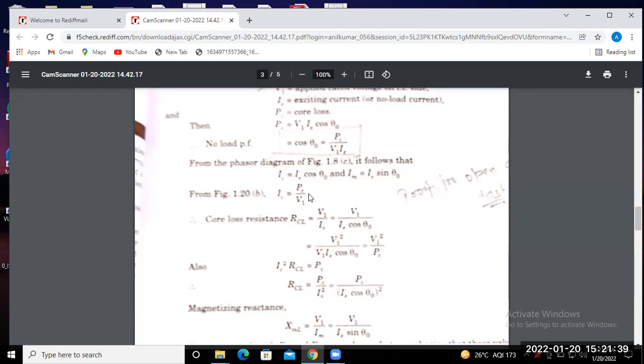Yes, whenever we perform the no load test of the transformer, we are just concerned about the connection of the instruments. Okay. On this side we are required to connect all the instruments. So which are the various types of instruments required for the no load test of the transformer? Which instruments do we need to perform the no load test? If we want to perform the no load test, then